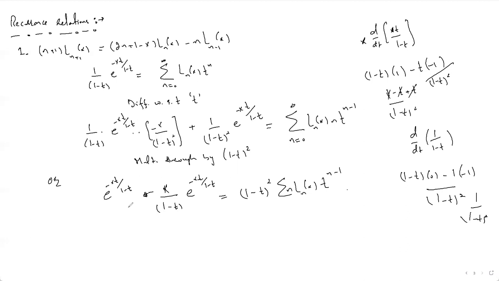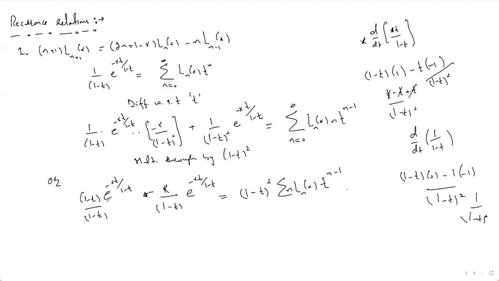Fine. Okay, now let's try to further simplify it. I will just write down this as... what I will do, I will just... okay. Now see, if I multiply 1 minus t in both the numerator and the denominator here,